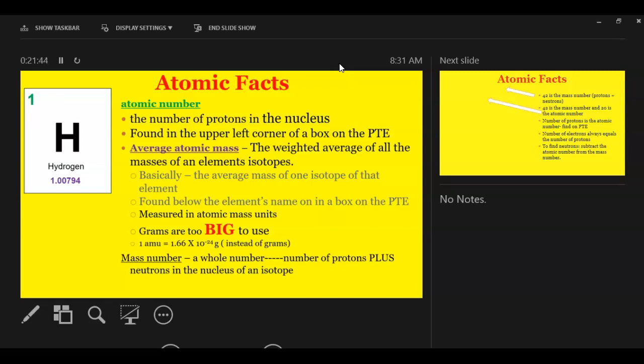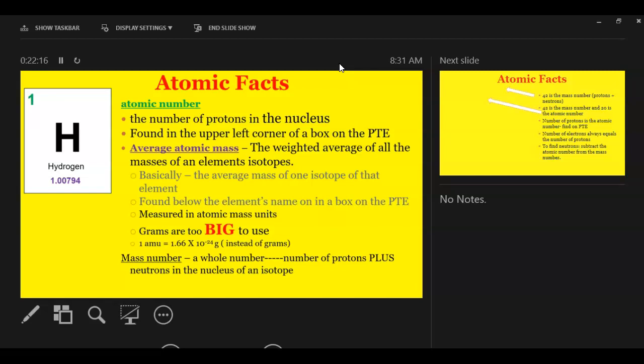Let's see. If I want to figure out neutrons, it will be mass number minus atomic number. That's going to tell me how many neutrons are in the nucleus of an isotope. Now, when it comes to these 3 isotopes of hydrogen,